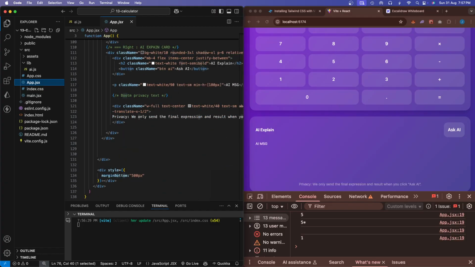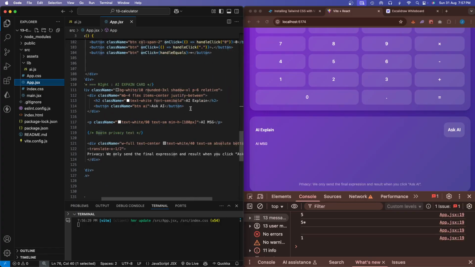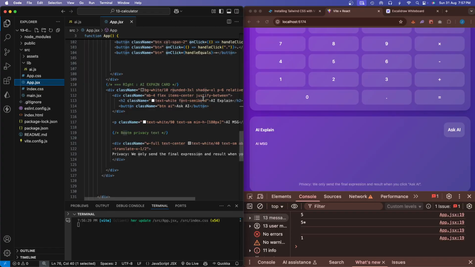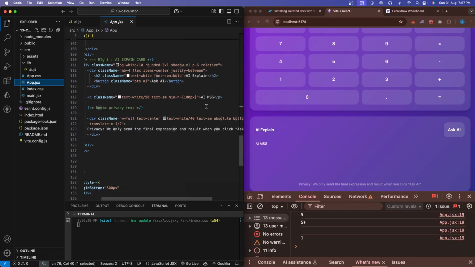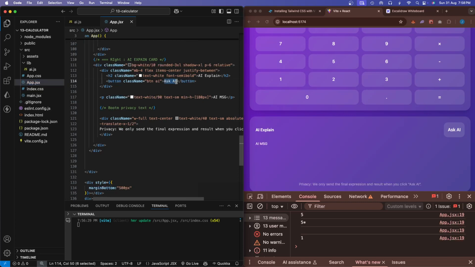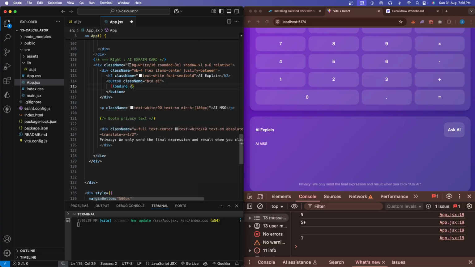So here after this AI message, right? Here only we are going to show the AI message, everything that's perfect. For the button, I'm just going to add a loading here. If the loading state is true, I want to say "Thinking...",